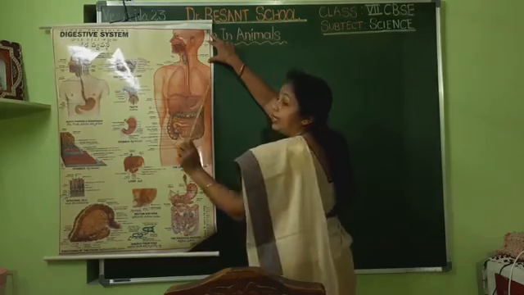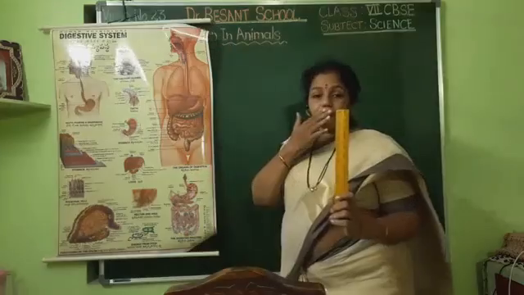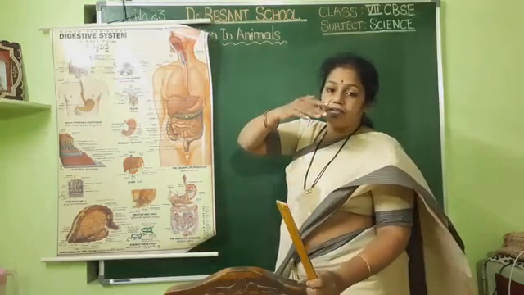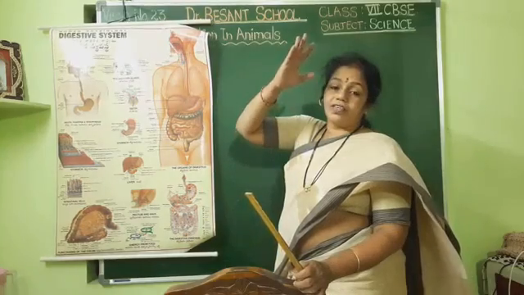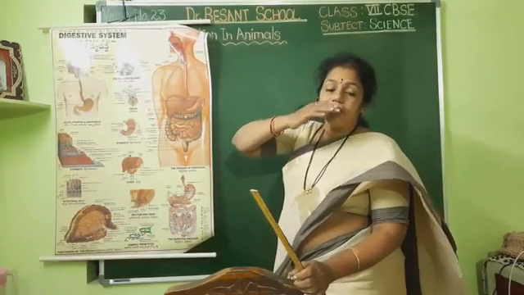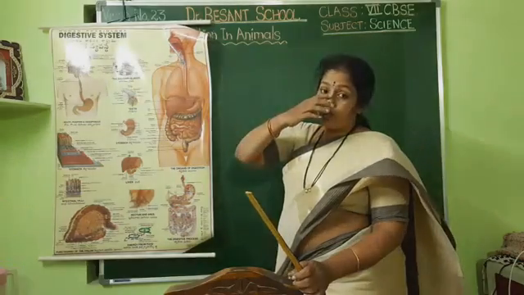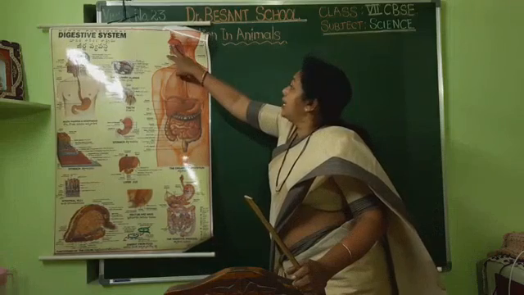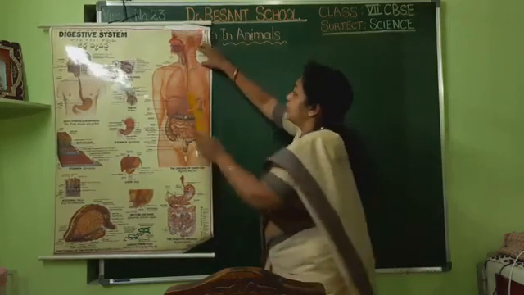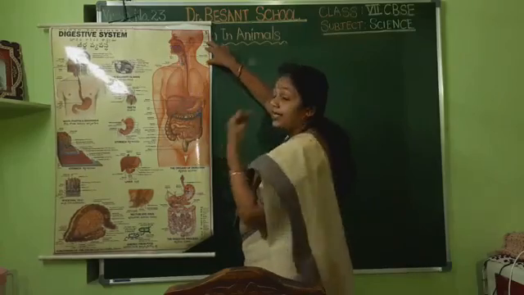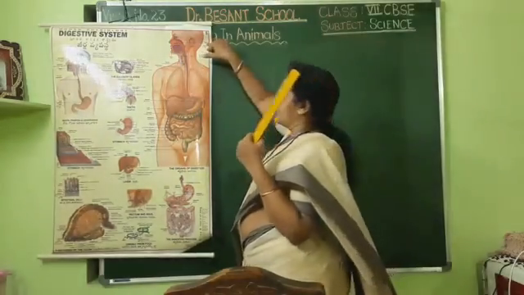Okay, and above there is the teeth. Here the nose is there, here the mouth is there, but there is a separate roof, just the way our house will have a roof or a separation between the first floor and the ground floor. Like that, here there is a partition or separation between the mouth and the nose. That partition is called the palate, the upper part. Below that, we can feel the tongue.